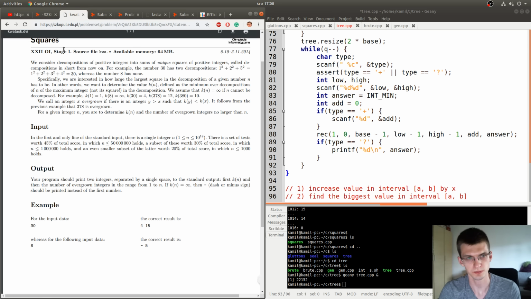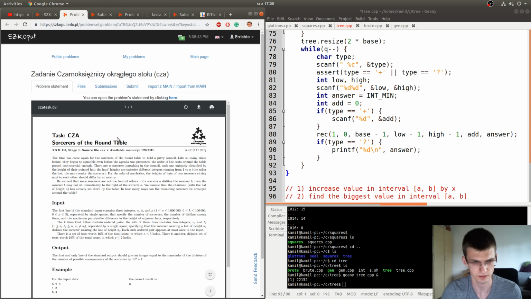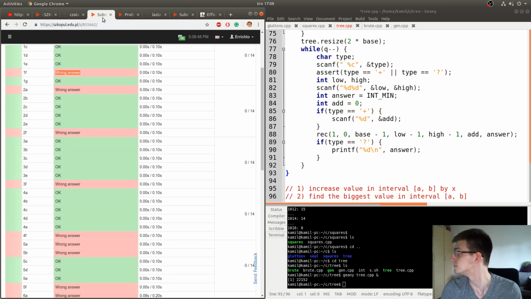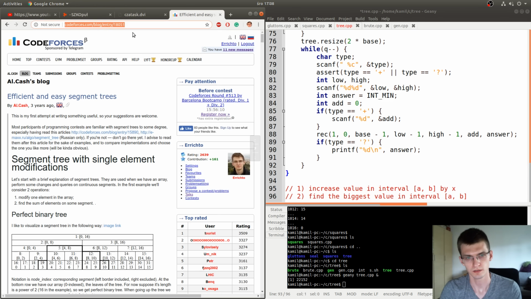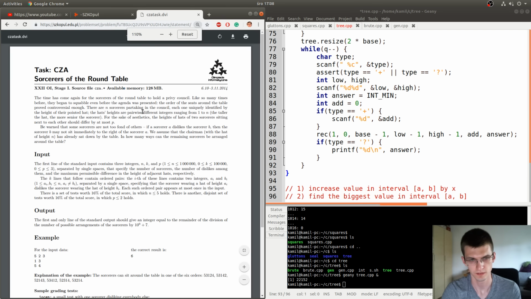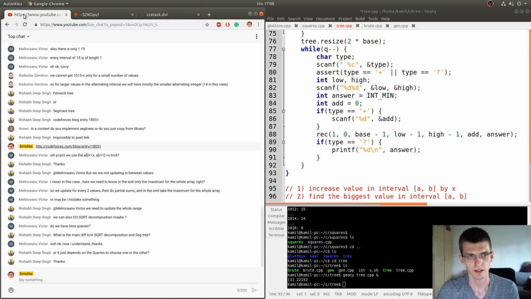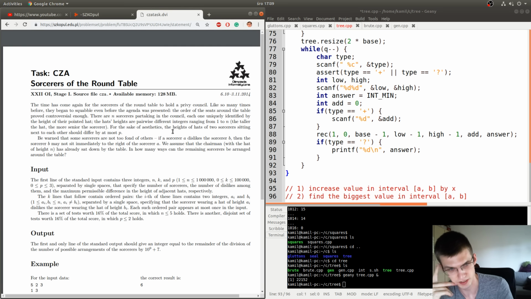Okay, so that was the problem Moviegoer, and now the last problem will be Wizards, Sorcerers. Again, it's quite a hard problem, not easy for sure, that I solved already.